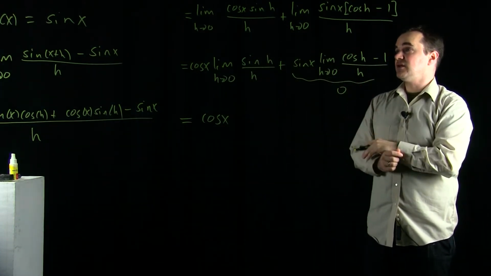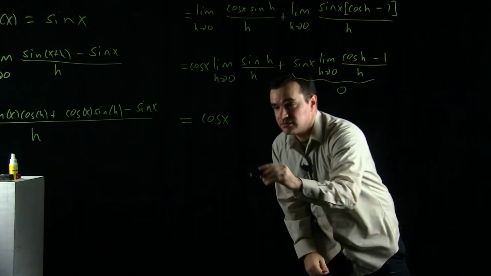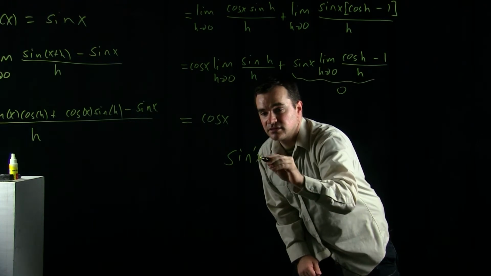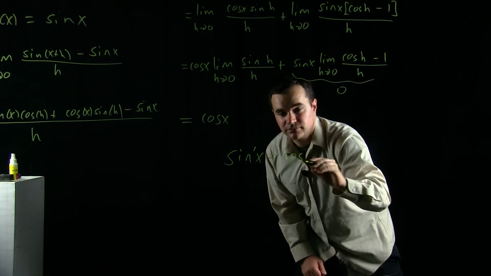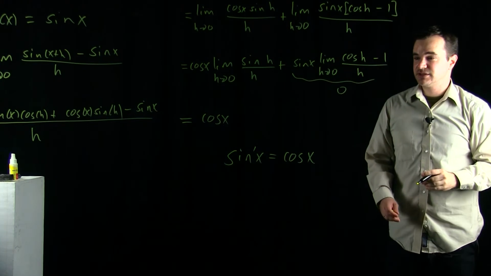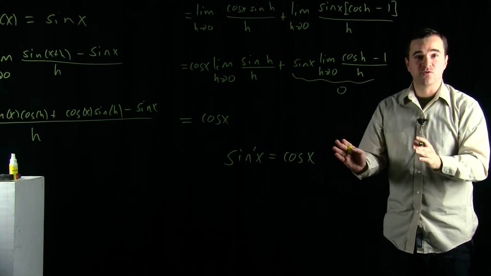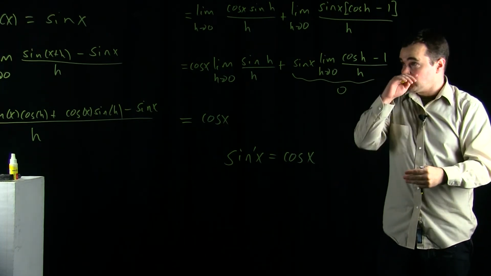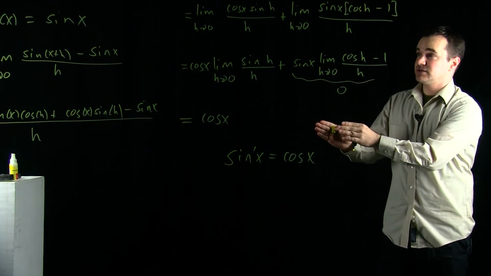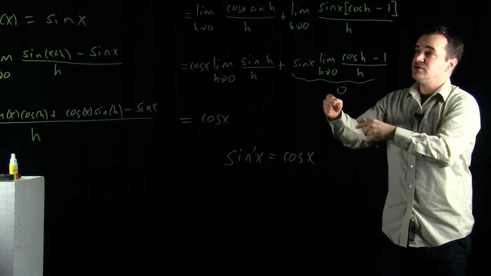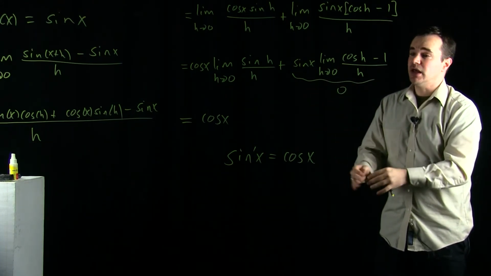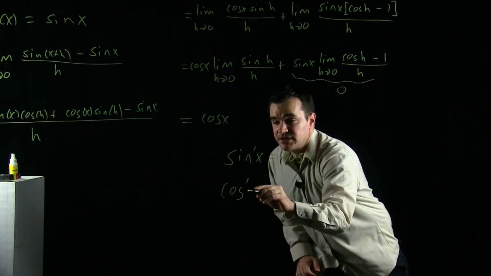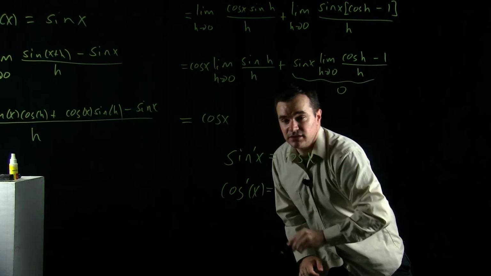If you put all that together, this tells you that the derivative of sine of x is equal to cosine of x. So great, this is a fundamental formula. You're going to remember it for the rest of your life now. With a similar argument, you can start straight from cosine of x and use the angle sum formula for cosine, and you'll be able to prove on your own, I bet, that the derivative of cosine of x equals